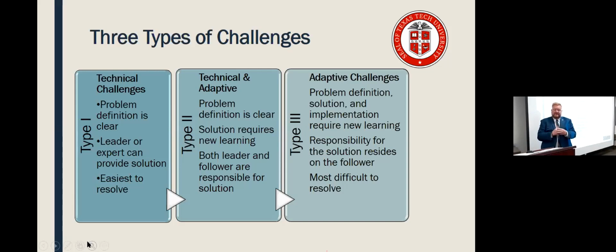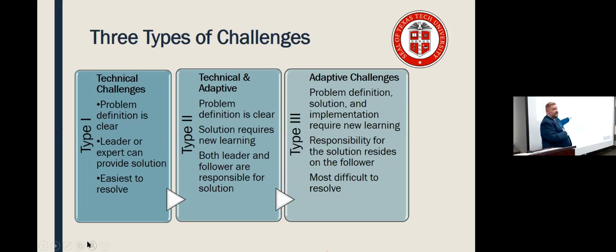It's also the easiest to resolve. If you're using a computer and you forgot to plug it in and charge the battery, and the computer dies, then you know that you don't need to call someone, you just need to plug the computer back in. That's an example of a technical challenge. That's something that you can do alone and you can solve alone. And so I call this the I. Type 1 is I can solve this challenge. I can solve this issue.